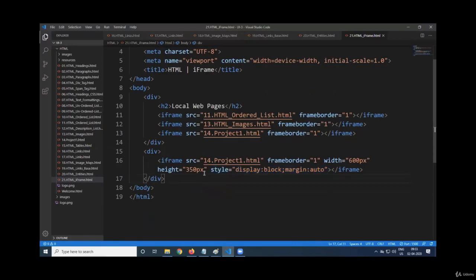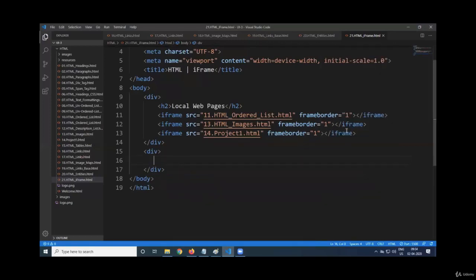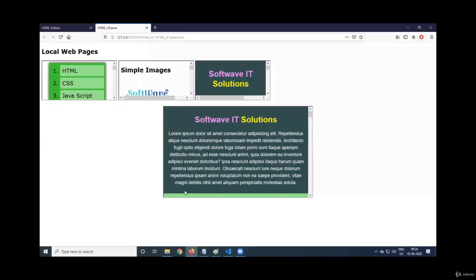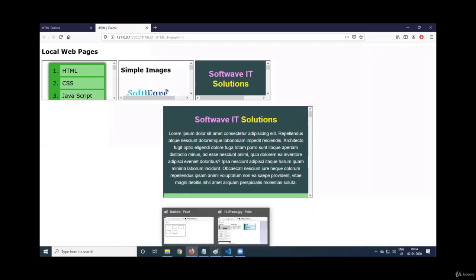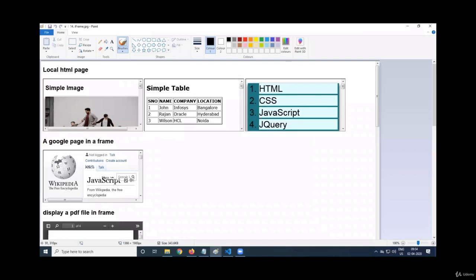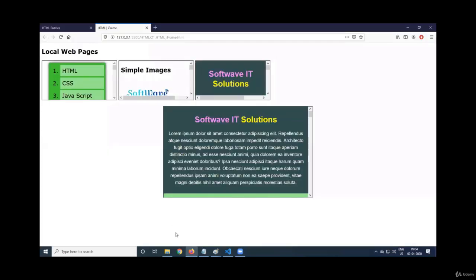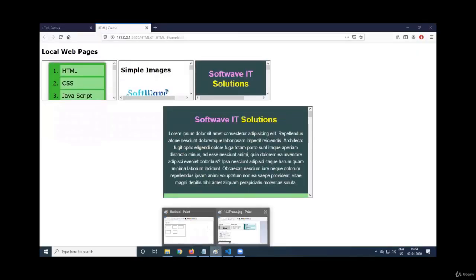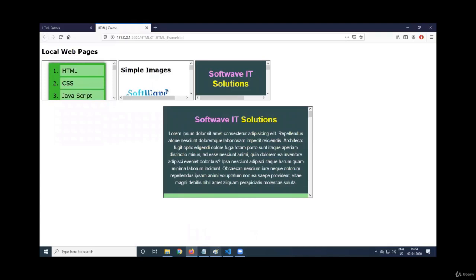So first part, we discussed about how to keep. So I can keep this iframe also along with that. After keeping 2 line breaks, I'm keeping this iframe, coming to the center. Now the second part is we want to integrate a Google page, some other websites into our site. So for that, a heading, a Google page in frame.